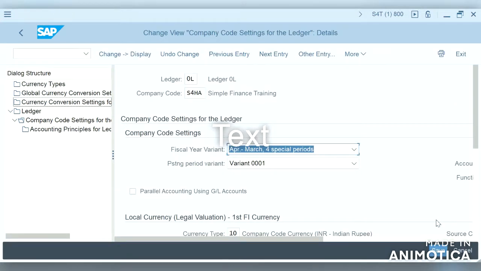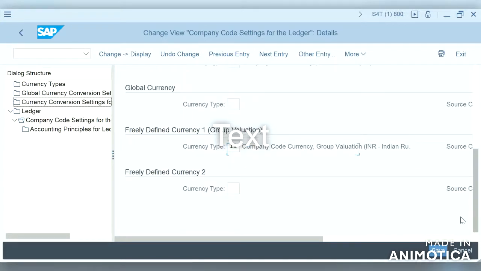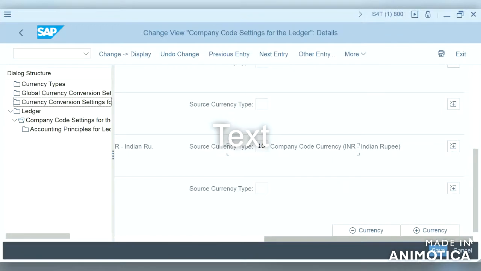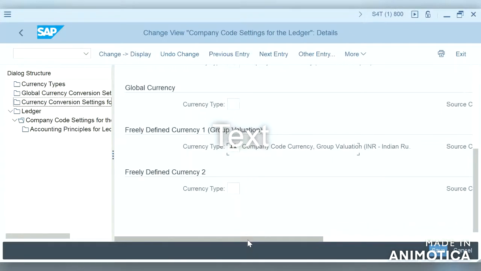Let us try to assign that. So which one we have created is 30.